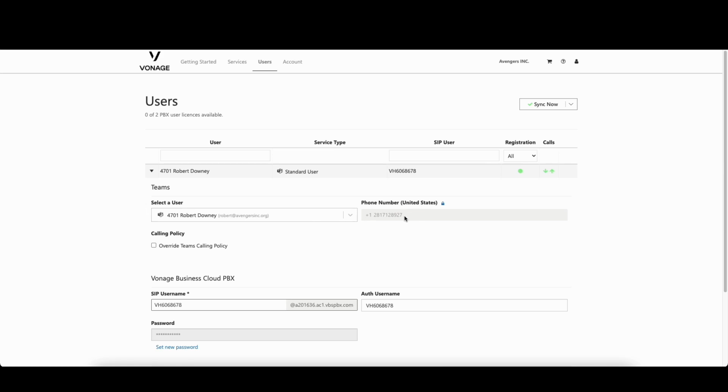All of the other fields are provided from the Vonage system as far as the telephone number that's assigned to this user, the credentials for the phone, as well as the password. Once it's registered, you'll see a green dot letting you know that the system was successful in talking to that extension in the Vonage system, and it's ready to go. The arrows under the calling section show you a successful deployment into the Microsoft environment and that calls inbound and outbound are working.